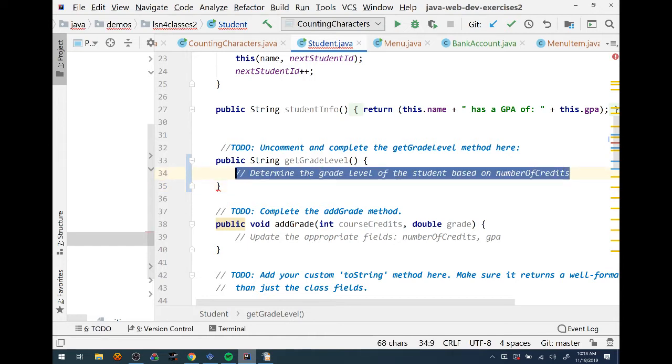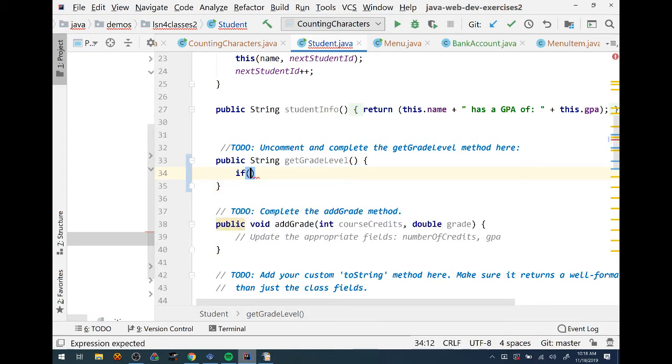So we want to look at the number of credits and then tell you whether it's a freshman or a sophomore. What code structure am I going to use to pull this off? I need to make a decision here, right? What code structures do we use to make decisions? If statements. If statements are used to make decisions. So if, and then